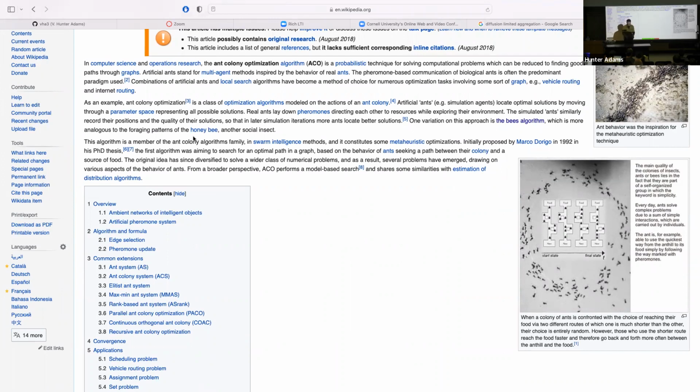Suppose you have an ant colony, it's sitting here, and there's a food source over there. How is it that the ants find that food source? Well, if you stare at ants for a long time, which is actually weirdly fascinating to do, if you find a bunch of these on the sidewalk, just stare at them for like 10 minutes and watch what they do.